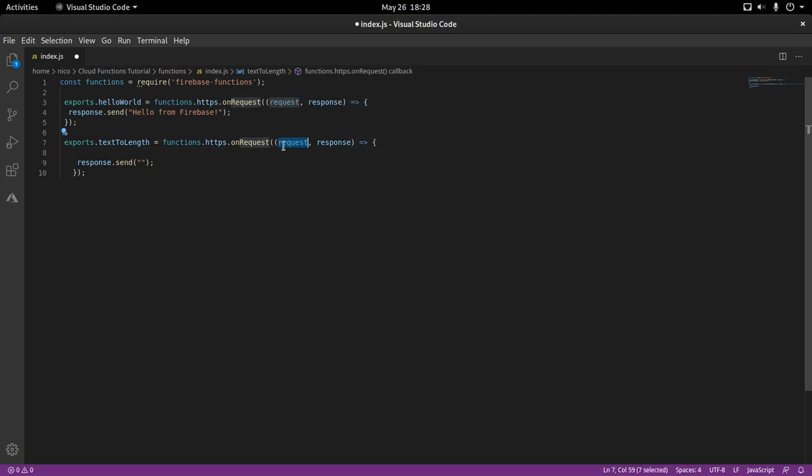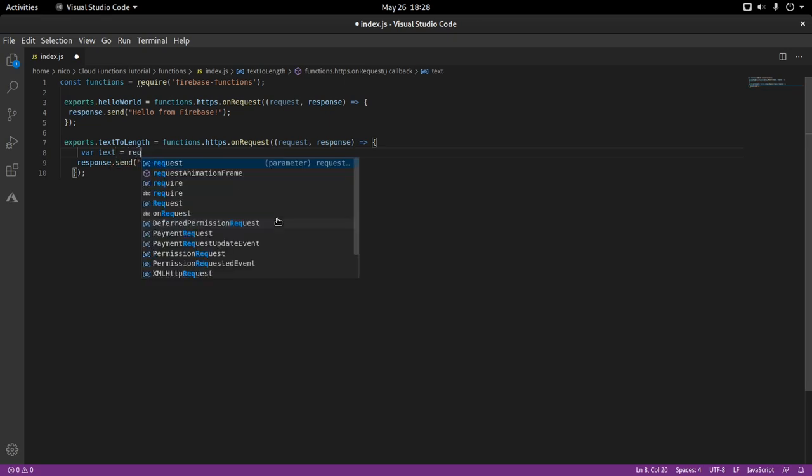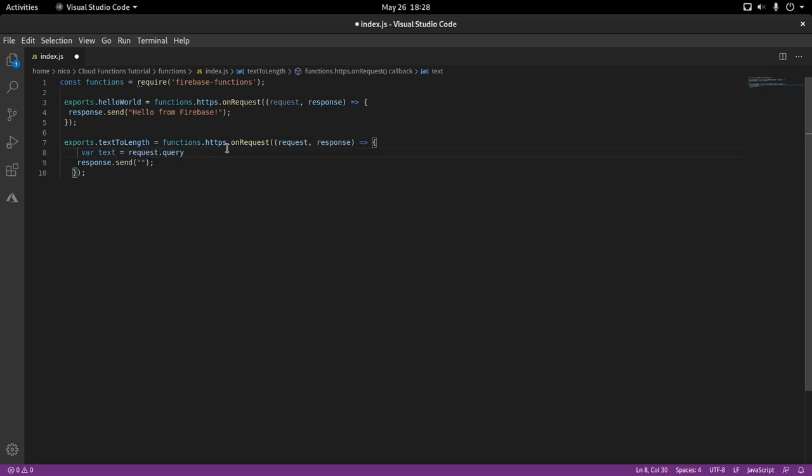Okay, but first of all, from the request, we have to actually retrieve the original text that we want to know the length of. So we're gonna go var text equal request.query, and now basically this query is a dictionary string. So right here we could input anything we want, like an example text, and this is basically going to be the name of the query,